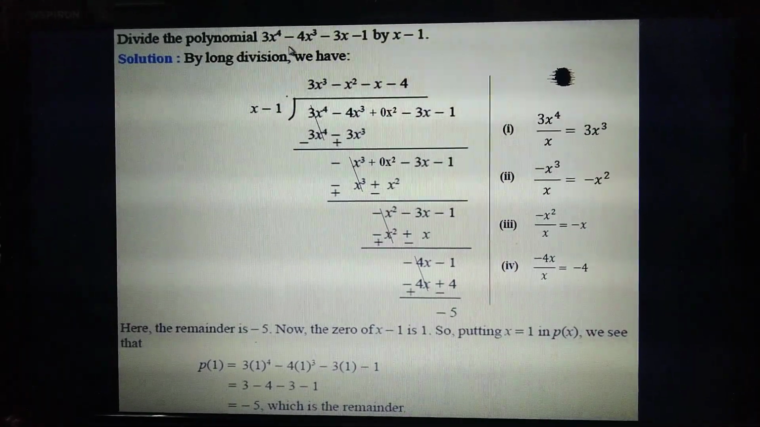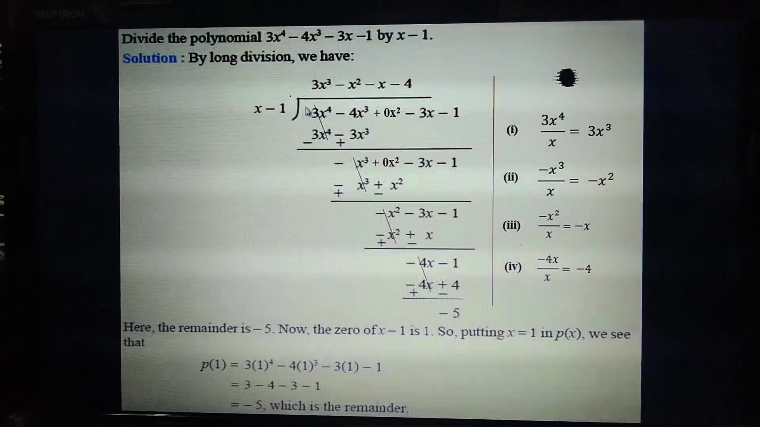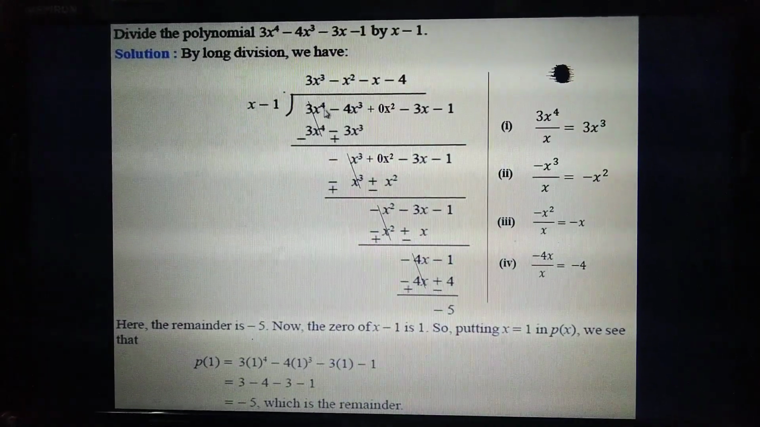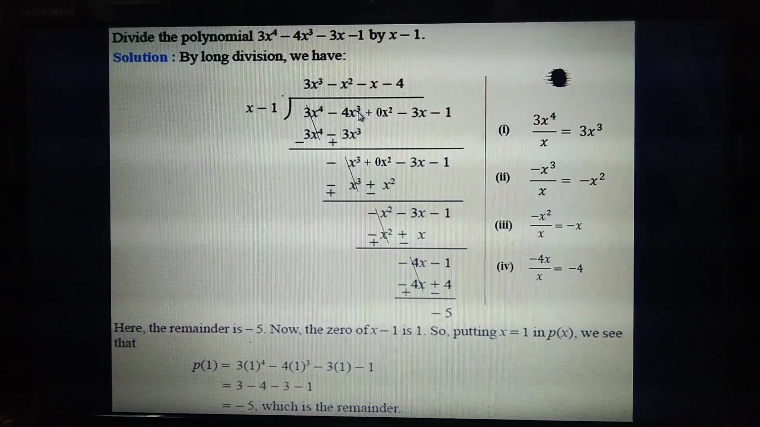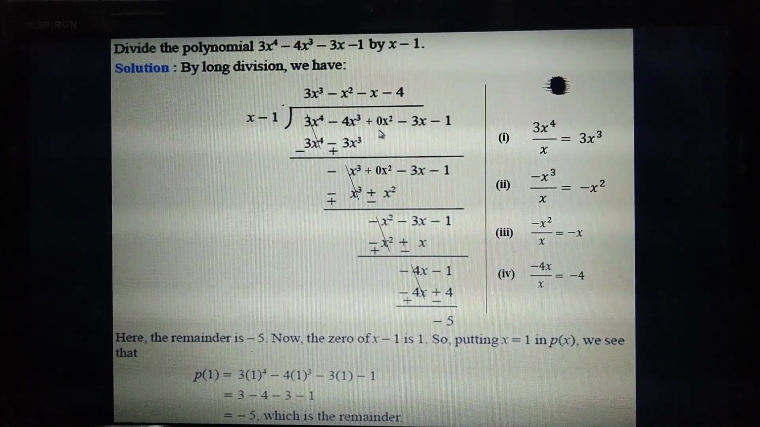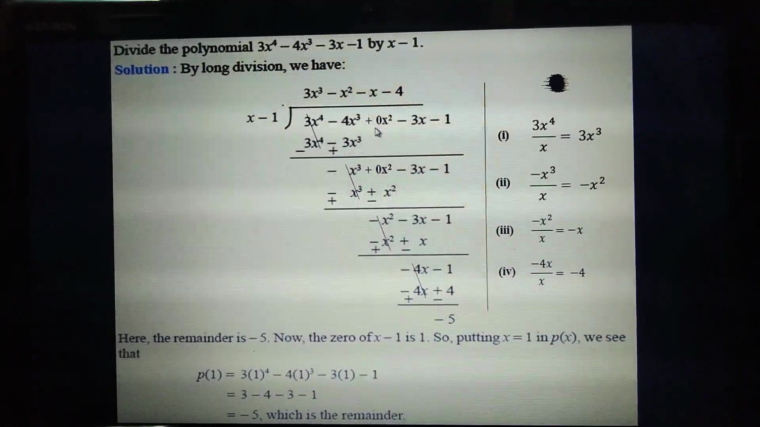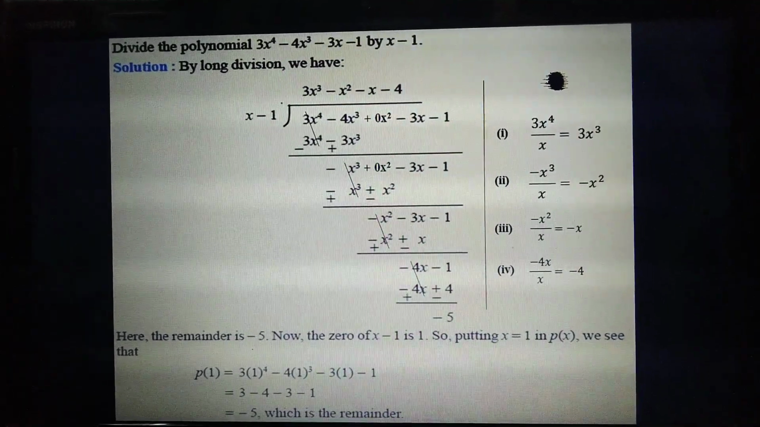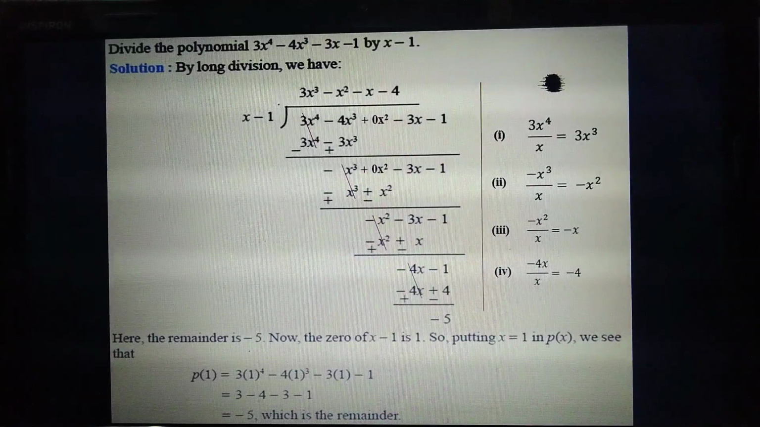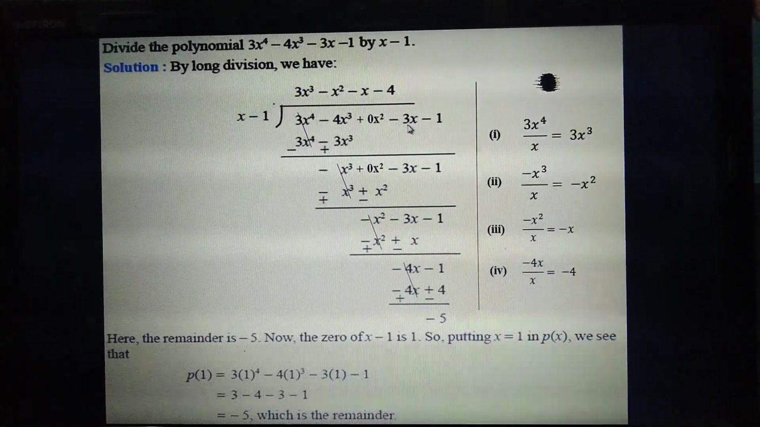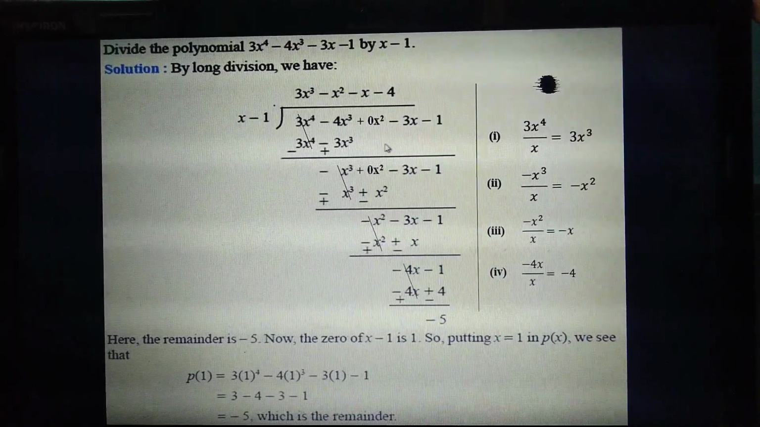So the x squared term is missing. So when you write it here: 3x power 4 minus 4x cube add 0x squared. If any term is missing, you just mention that term as 0. So plus 0x squared minus 3x minus 1. Now